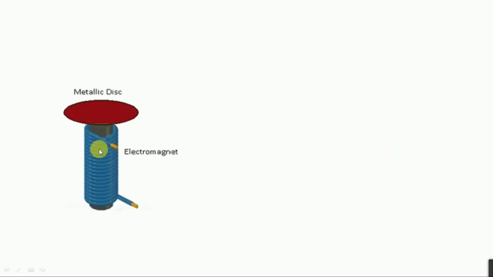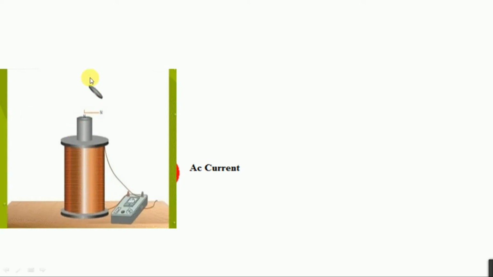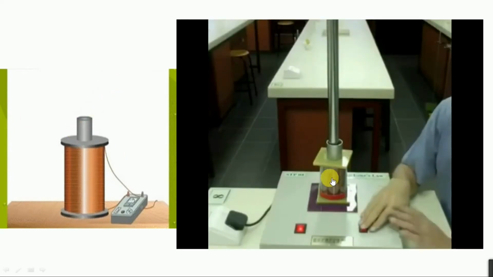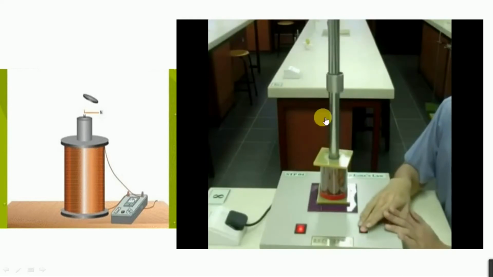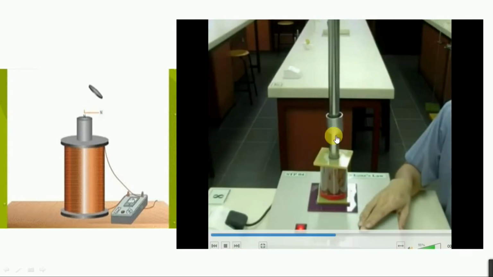And this is the second experiment to demonstrate the eddy current. Here you can see there is a metallic disc and below we have an electromagnet. Now if you connect AC current through this electromagnet, a changing magnetic field is produced. So magnetic flux through this metallic disc changes and eddy current is produced, due to which the metallic disc jumps from this place. Now in this animation you will see the jumping of the metallic disc. Here you can see this is an electromagnet. When you switch on the electromagnet, the disc jumps because of the eddy current, because it is opposing the changing magnetic field.